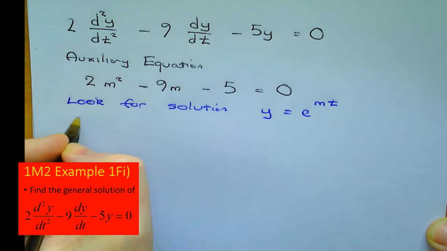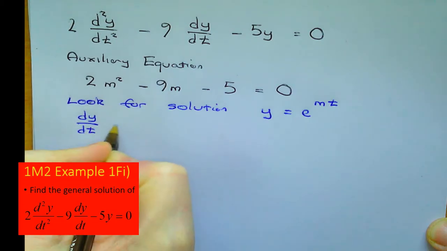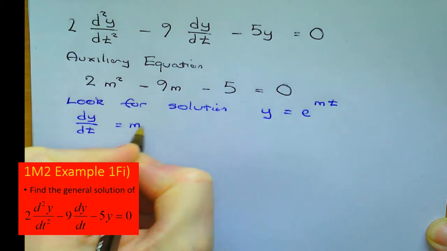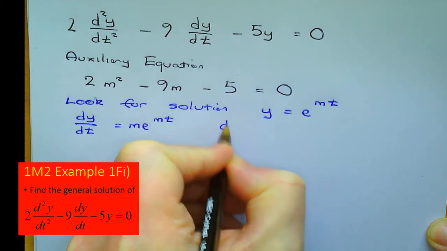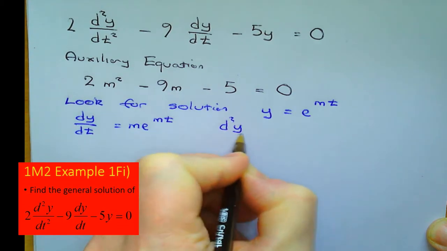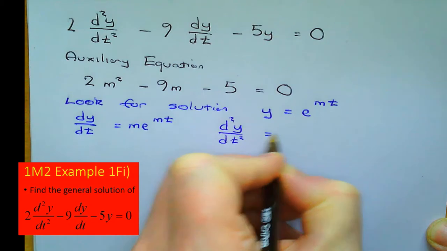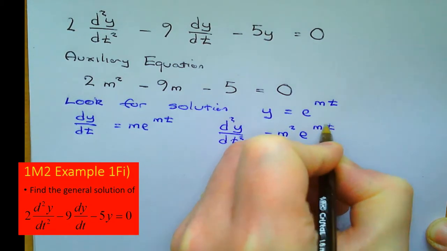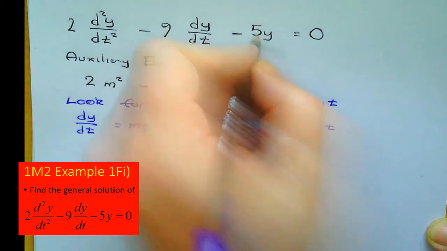Well, if that's the case, dy by dt is equal to m e to the m times t, and d squared y by dt squared will be m squared e to the m times t. So putting all this into our original equation,